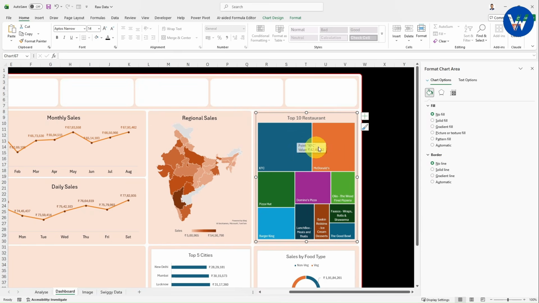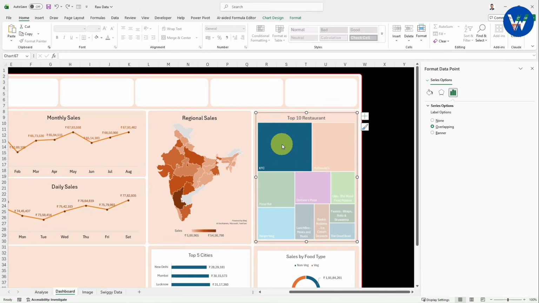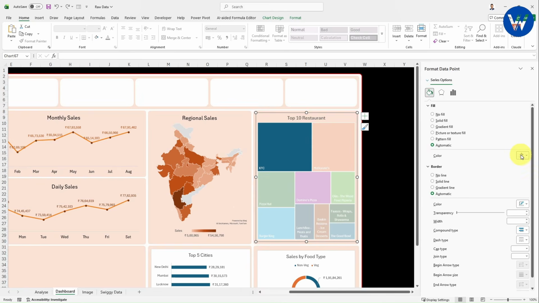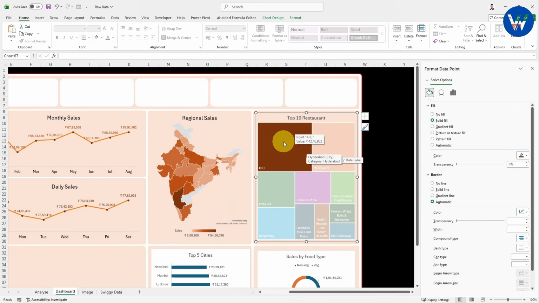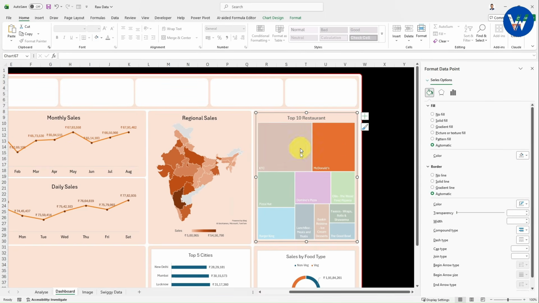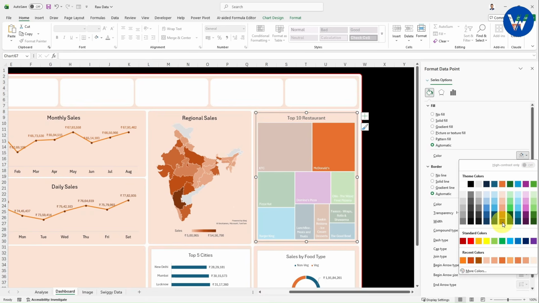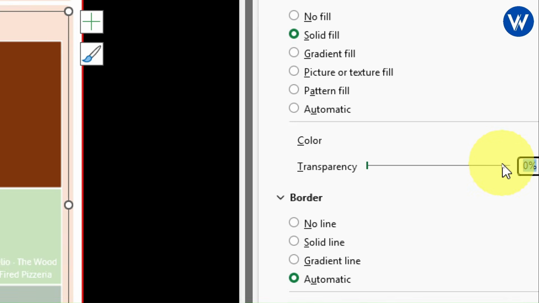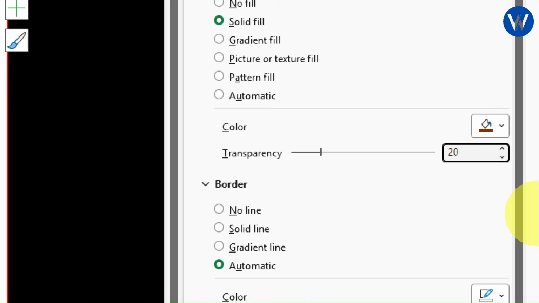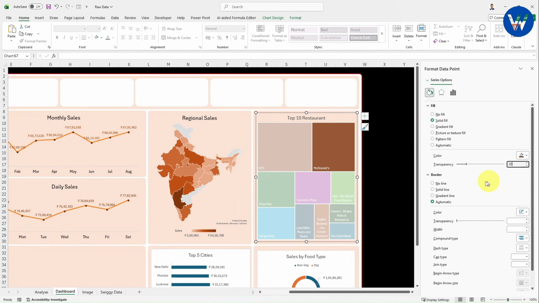Now I will change the color of these boxes because the dashboard should look professional, right? Now we need to change the color of all the series. It is very simple. Just select the series, click on fill. From here you can change the color. I will select this dark color. Okay guys, this is the dark color I will select. Now you can see the color is changed. In the same way we can change the color. You need to repeat. Now what I will do, I will select the same color but I will increase the transparency. From here I will increase the transparency to 20%. Let me show you. I will take it as 20%. Now it is looking perfect.